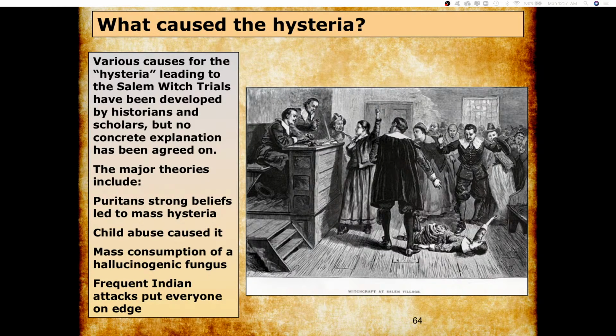The frequent attacks by Native Americans also put people on edge, and as well, some historians hypothesize that the accused were largely, some of them were major landholders in Salem, and they felt that some of the children may have been accusing them to gain land opportunities for their families because they were coerced by their family members to do so. But anyways,